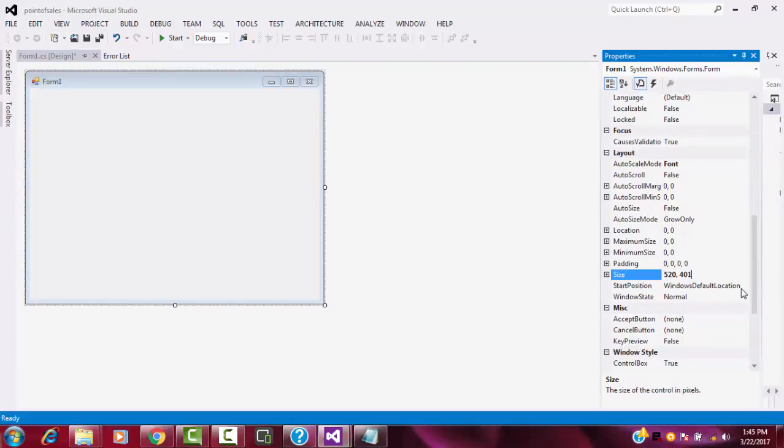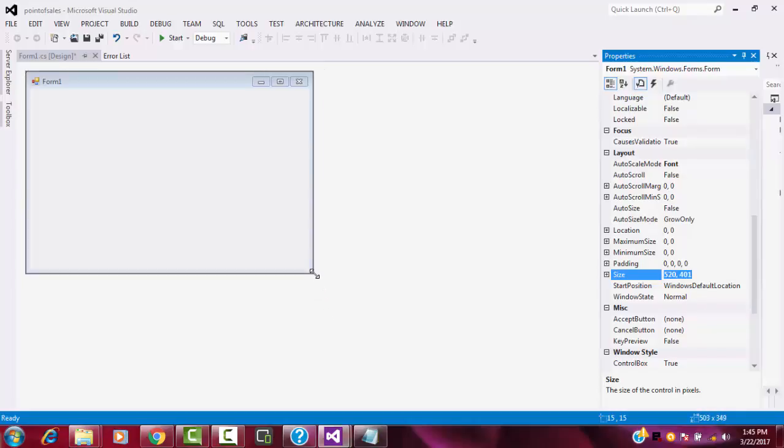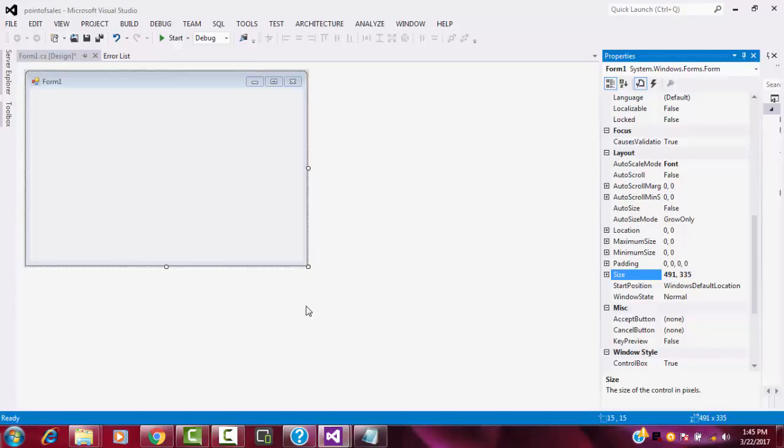Otherwise, if you want to do the software with the default size, you can do it. Okay, let's do this software with the default size. The default size will be 520 and 401. First one is the width, second one is the height. Shall we reduce the width a little bit smaller? It looks